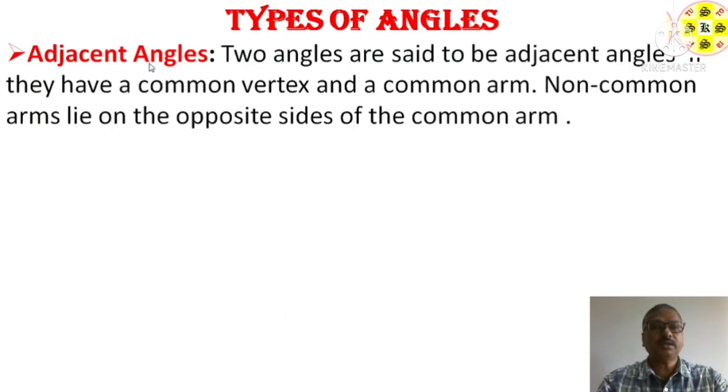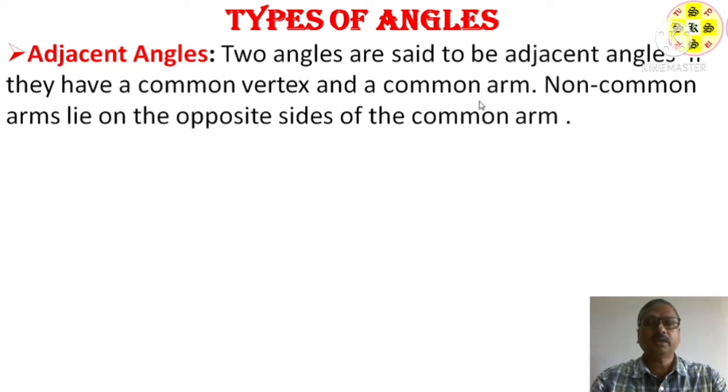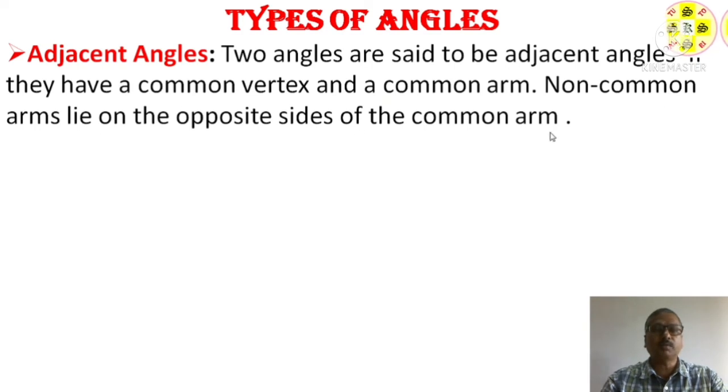Now adjacent angles. What are adjacent angles? Two angles are said to be adjacent angles if they have a common vertex, and a common arm. The non-common arms lie on the opposite sides of the common arm. Now these are the conditions. There should be two angles